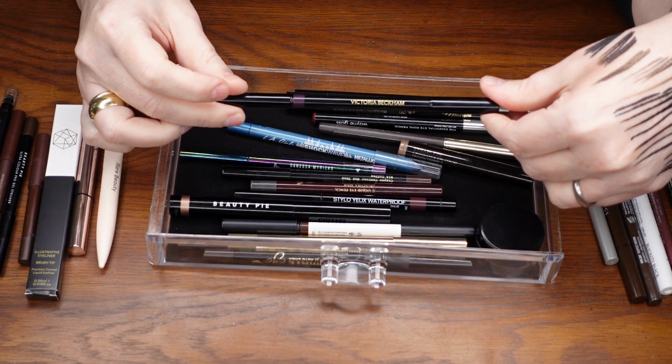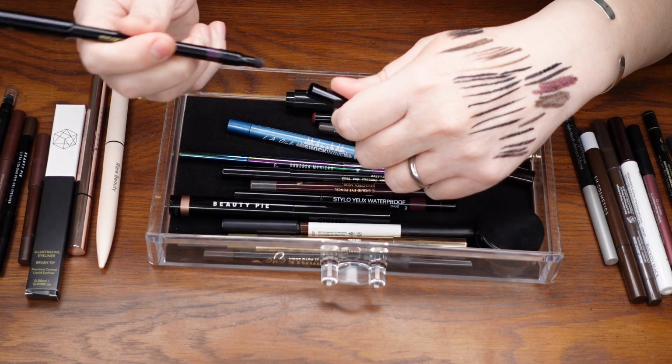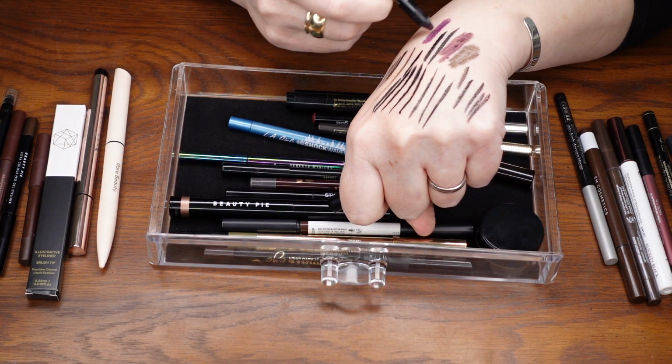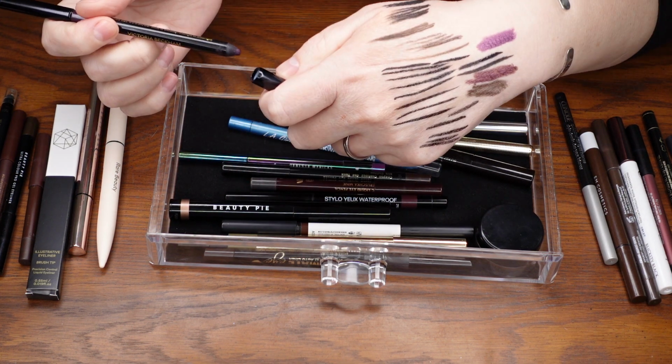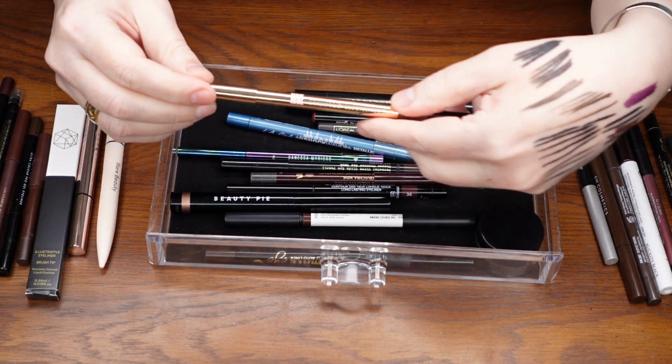Let's see. Okay, this one's kind of new, the Victoria Beckham Satin Kajal Eyeliner. This is the shade, oops, wrong end. The shade Fig. Oh, this one's definitely a cooler toned purple than the plum one. Oh, that's fun. I'm gonna hang on to this one because she's new,